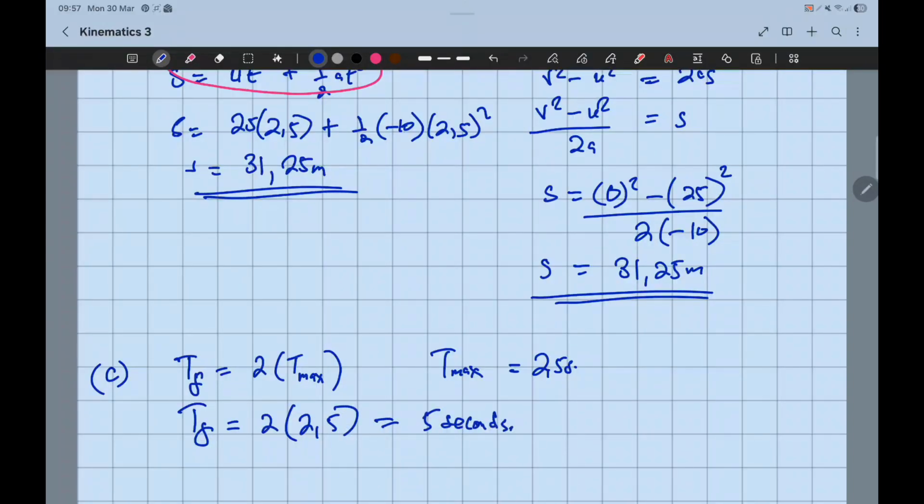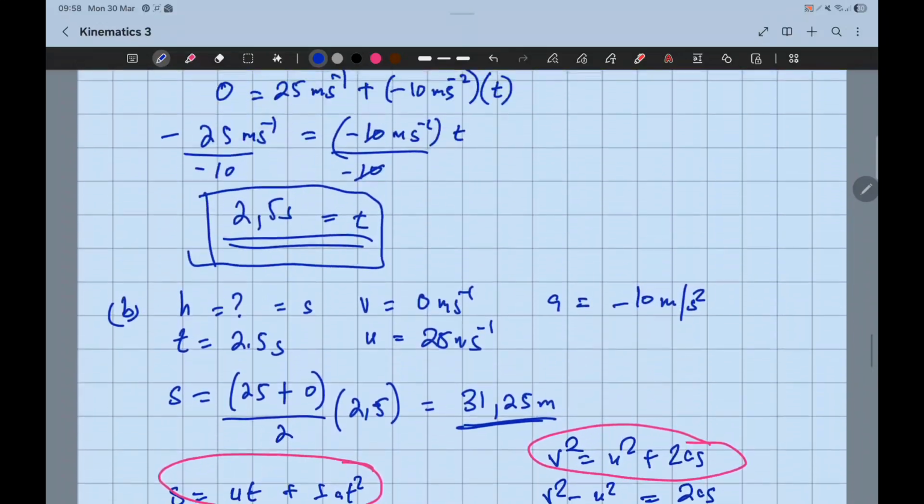This is our time to reach the ground after the ball was thrown from above. I'm sure that is clear. Now